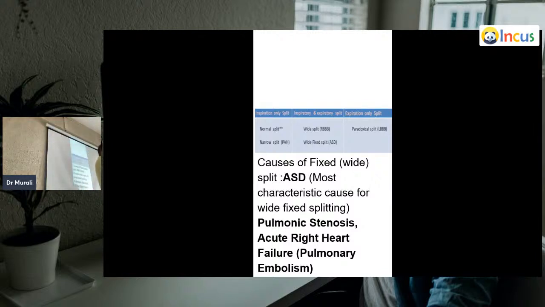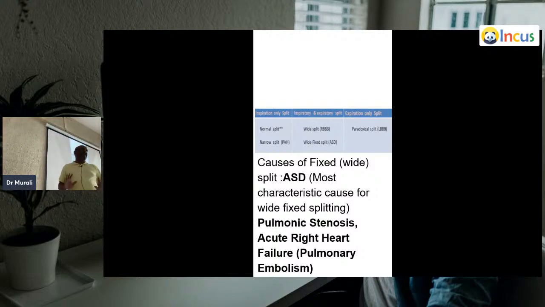So the right atrium is receiving regular blood from SVC, IVC. It is also receiving the blood from left atrium. So all that more blood received by right atrium is going to right ventricle. So the P2 becomes delayed. So A2 to P2 gap becomes wider. So wide splitting is happening